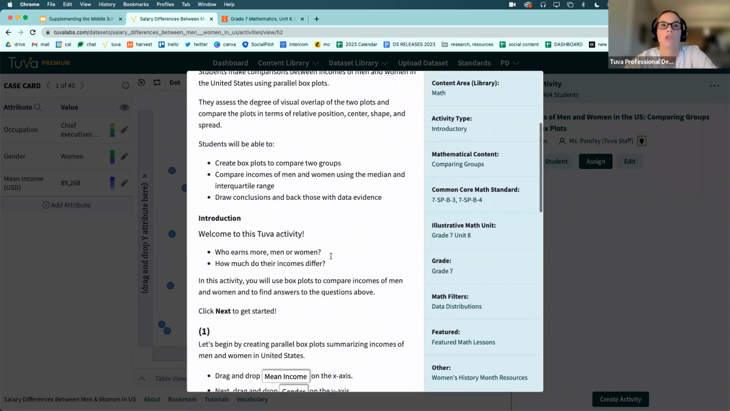And they're going to use those to compare income ranges of men and women using the mean and quartile